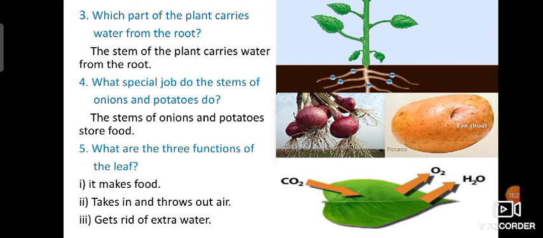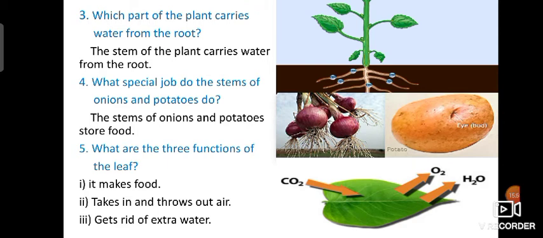Next, what special job do the stems of onion and potatoes do? The stems of onions and potatoes store food. Okay, store food.